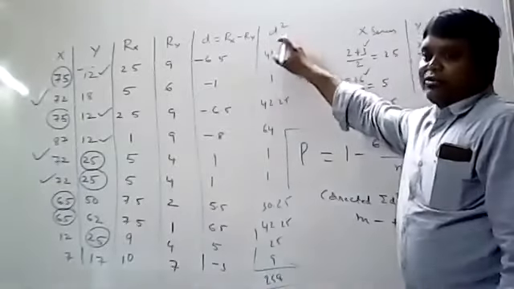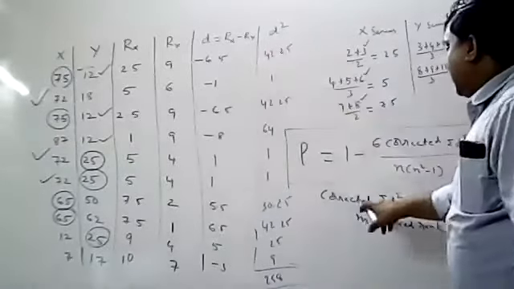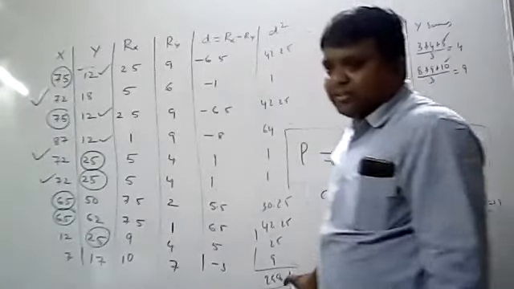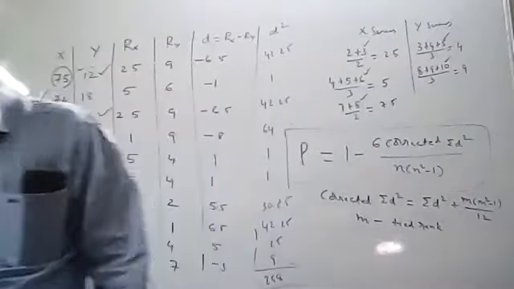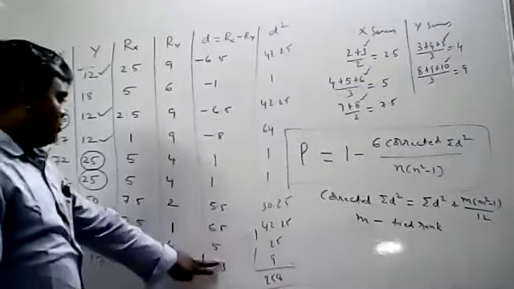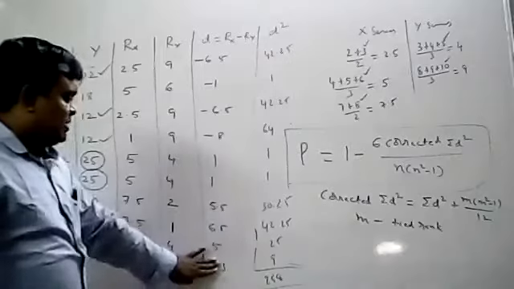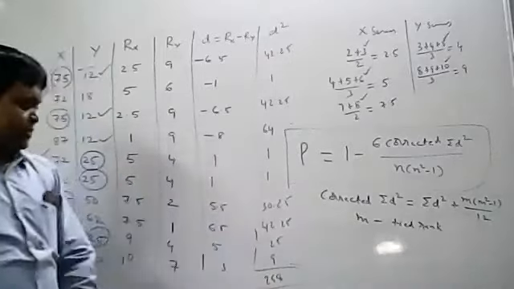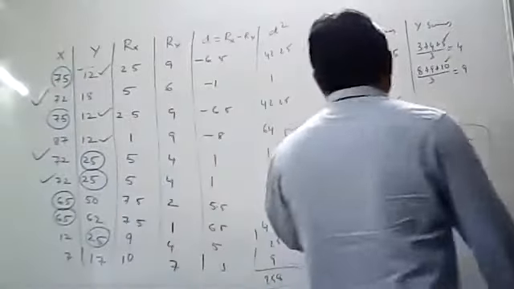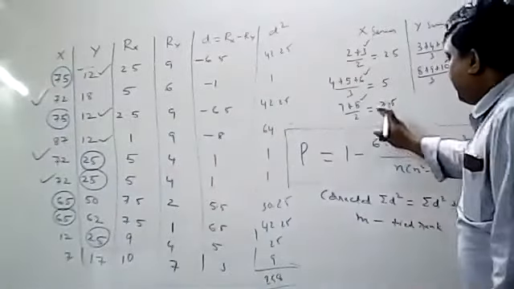Now D square total you know. You can calculate corrected summation D square now. Is it clear, all of you? Everyone is getting 258. Sir, at D last value is 3, not minus 3. Okay, no problem. Anyway, you are doing D square. D square total is required. Okay, 258. Thank you. 258 is the total you will get. Now calculate corrected summation D square.